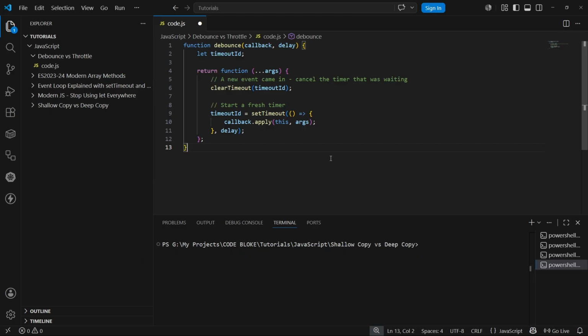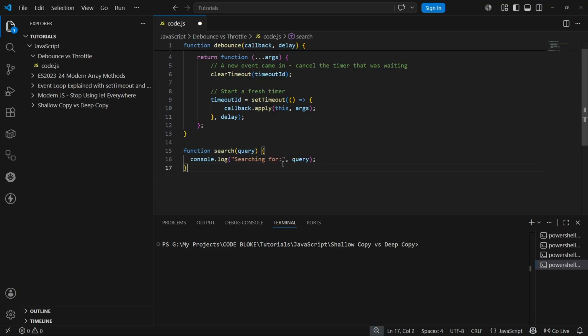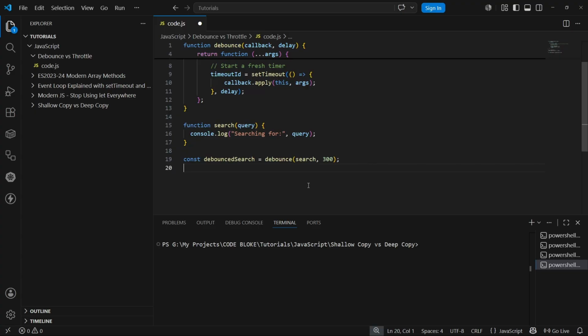Two details worth calling out. We use apply with this, and spread args, so the original this context and arguments pass through untouched. That matters if your callback relies on either. Now let's use it on a real input. function search(query) { console.log("searching for", query) } const debouncedSearch = debounce(search, 300)